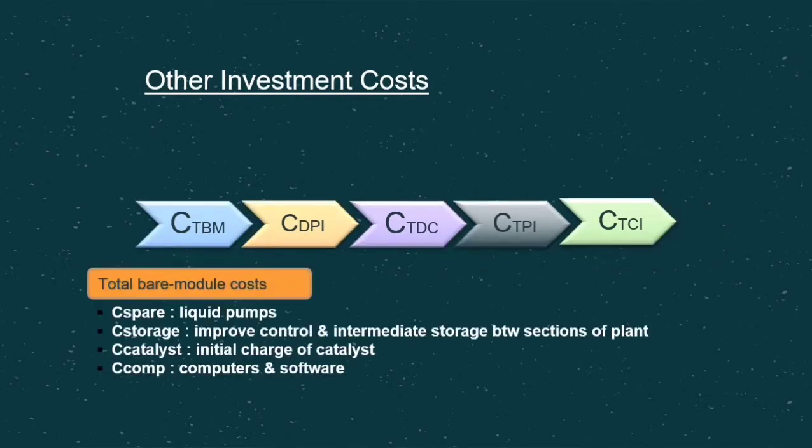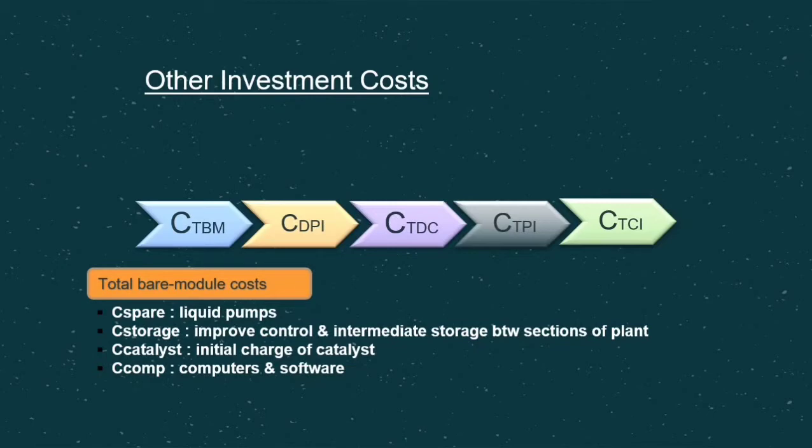CTBM is total bare module cost, which consists of these four costs. C spare is especially for liquid pumps, and this refers to the maintenance cost of the pump when the equipment is inoperable, to prevent any damage like leakage. After that, the C storage, and this is like a backup. When one section is down, another section can be used, and the aim is to improve control and intermediate storage